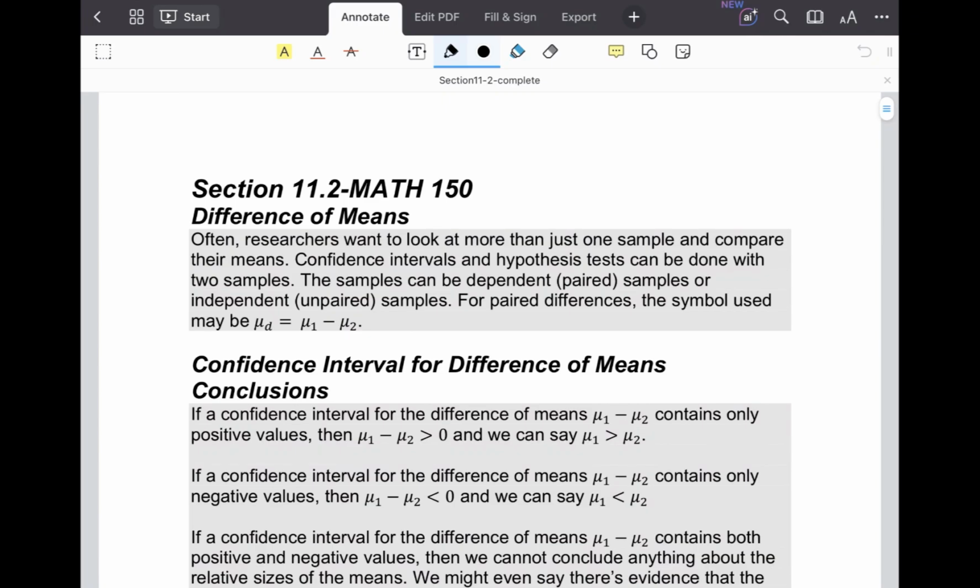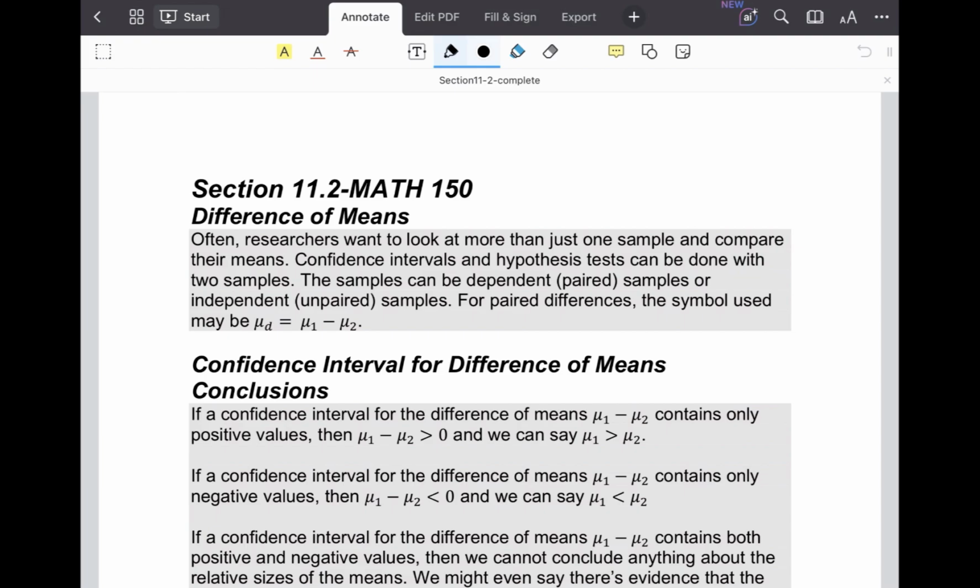Section 11.2 introduces difference of means, and there's two different situations with difference of means. Either we have dependent samples or paired samples, or we have unpaired samples. A lot of times for paired samples, it will be pretty obvious. So like twin studies, you have one twin in one situation, another twin in a different situation, or the same